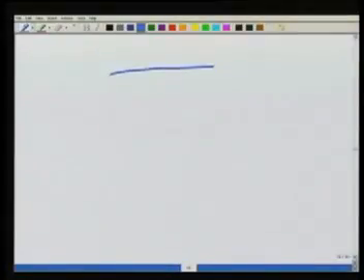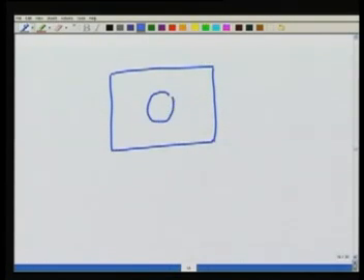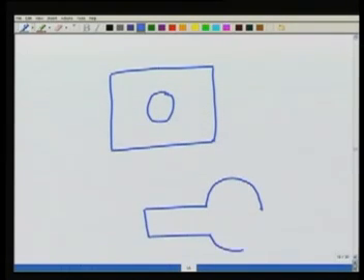Next, what we are going to talk about is the case when the domain is not polygonal. So for example, I may have a domain which has a cutout, let's say circular or an elliptic cutout, or I can have a domain which has a curved profile. In this case, what we have to do as far as mapping the geometry is concerned,